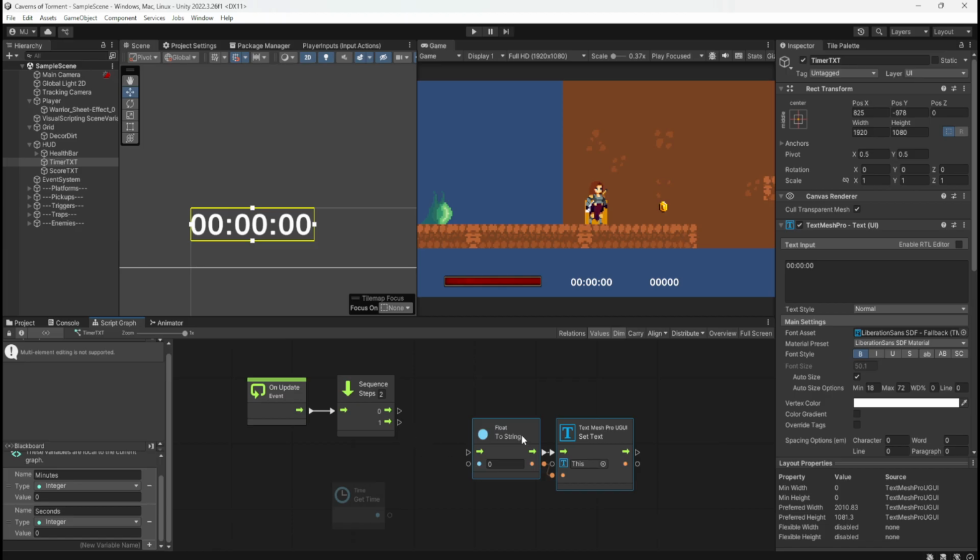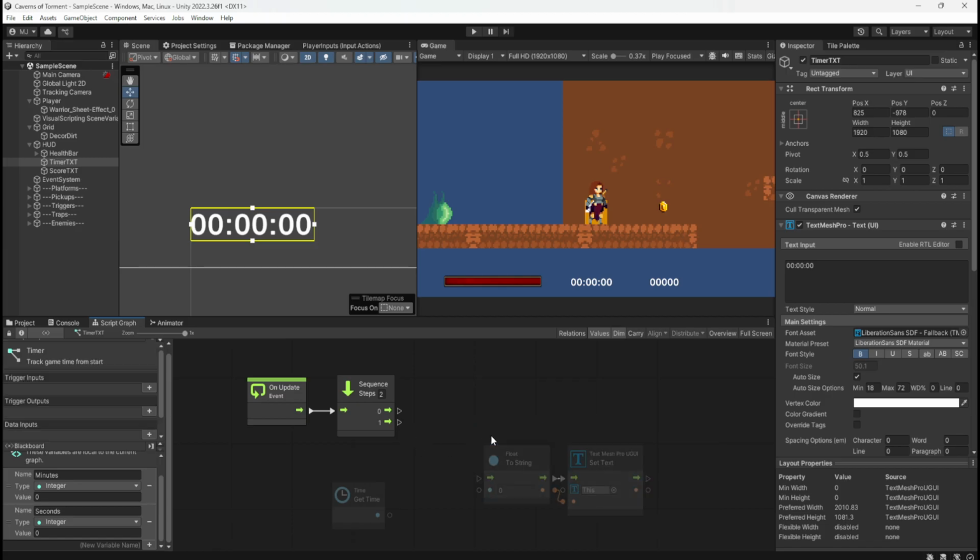So, float to string. So, get the time. So, I basically, for the first sequence, I need to... I have no idea if this is going to work. How is it going to work?